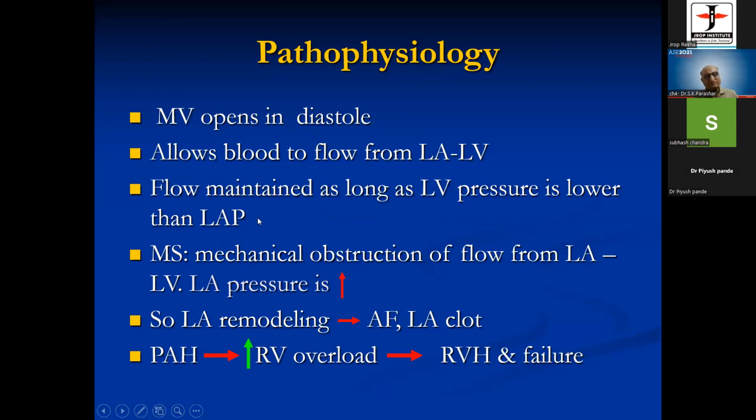So basically, flow is always from a high pressure to a low pressure. So when the valve is